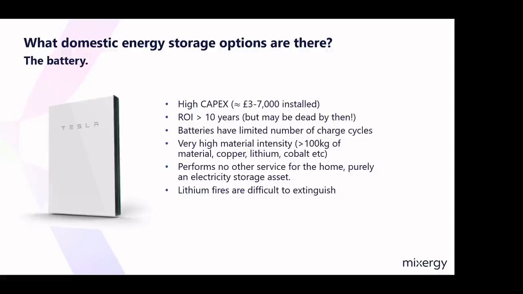You'll know this from mobile phone ownership. The more you charge it over the years, the less battery time is available, and you end up charging it more often, becoming a vicious cycle. If you look at a 10-year payback, and charge cycles are high, in theory, the battery could die before the end of that payback period. There's a very high material intensity, typically more than 100 kilograms of copper, lithium, cobalt, but these could become scarce as electric vehicle production ramps up and increase the cost.